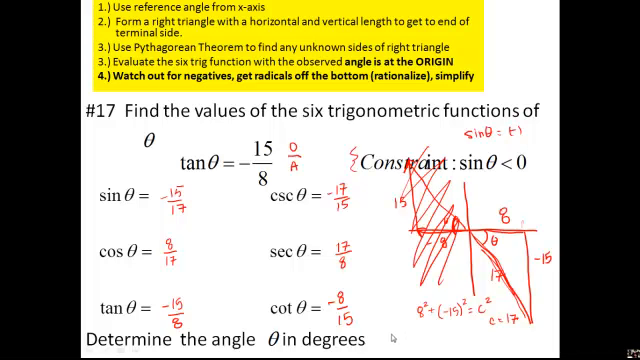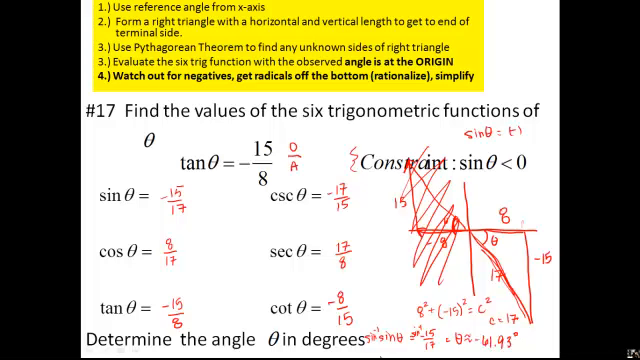Alright, so let's go ahead and take this. Let's determine the angle in degrees. So again, we could just use sine if we wanted to. Sine is evaluated on this side. So what we have is sine of an angle is equal to negative 15 over 17. And so the idea is, once again, we want to inverse this. So when we inverse this, what we're going to be getting is that theta is approximately negative